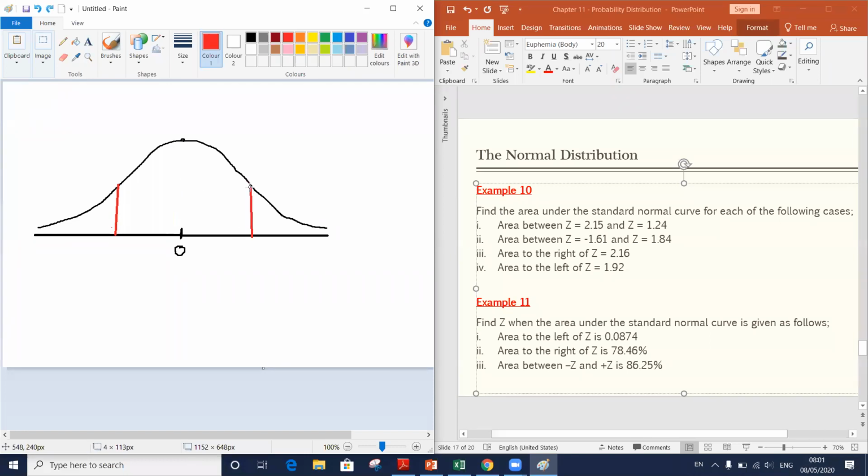Let's forget this one. Should I place the cut off at point A or at point B? From where? From point A. Right. Area to the left of, we can consider it this way, or we can consider it that way. What is the correct one here? Applied in part 1.